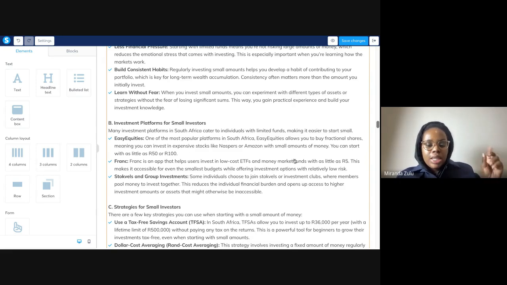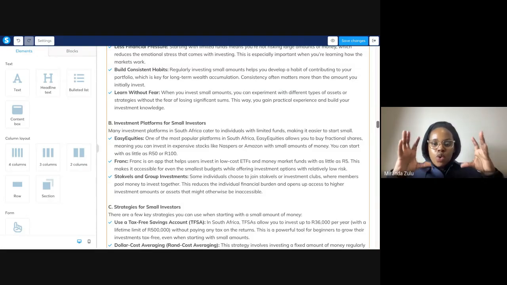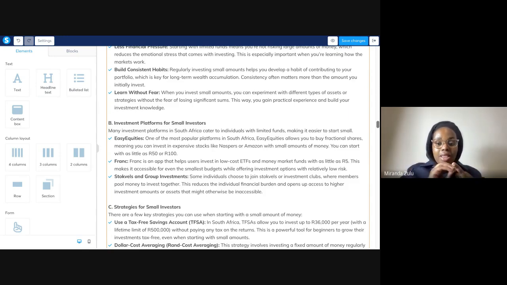And so this portion of Easy Equities allowing you to start with these little amounts is called buying fractional shares. What this means is that, for example, if a share is worth 100 Rand, so to own one full share it's 100 Rand, but you only have 50 Rand, you can buy the 50 Rand, but it would be a fractional share. So it would only be half the share. You'd still own half the share, but you wouldn't own a full share as if you had bought 100 Rand. That's the nice thing about it, you don't need to wait until you have enough money to buy full shares. You can buy part shares or fractional shares.